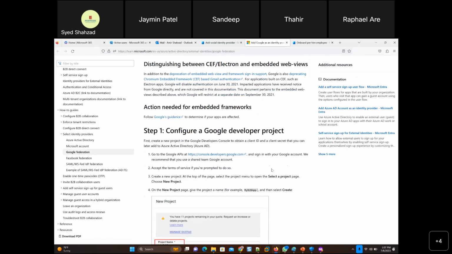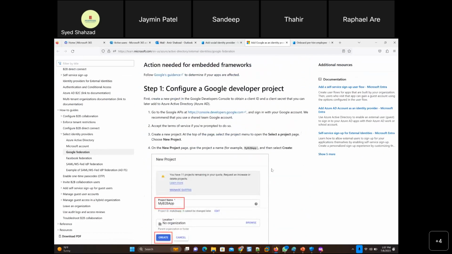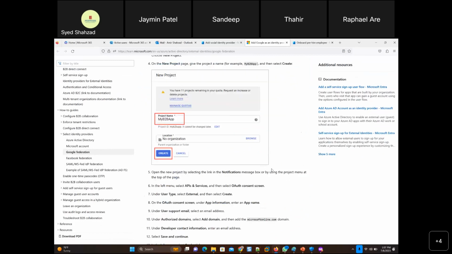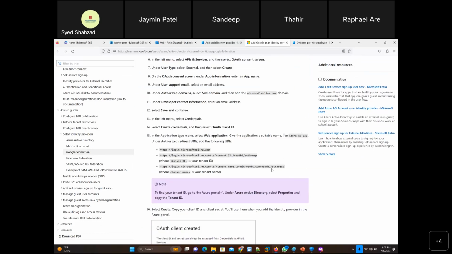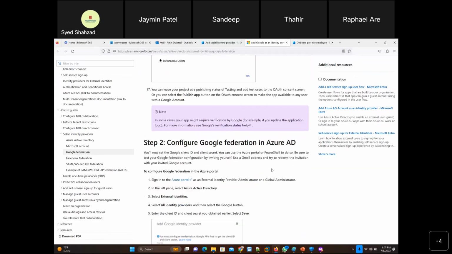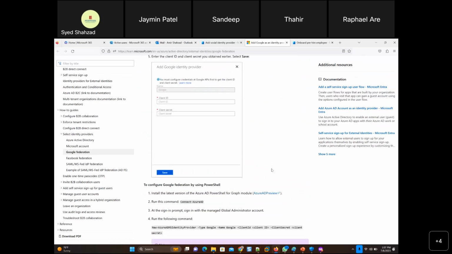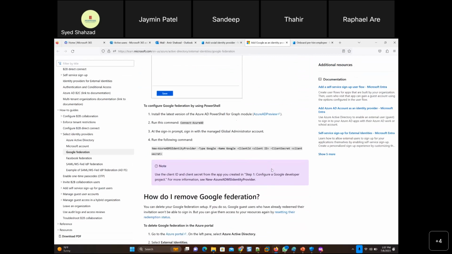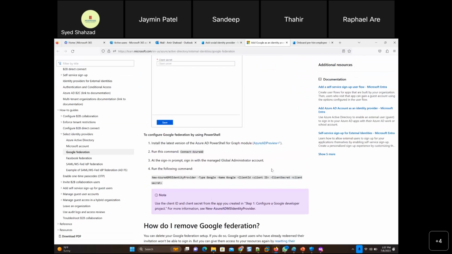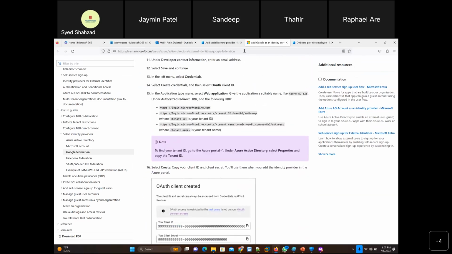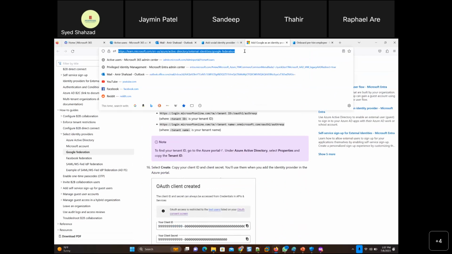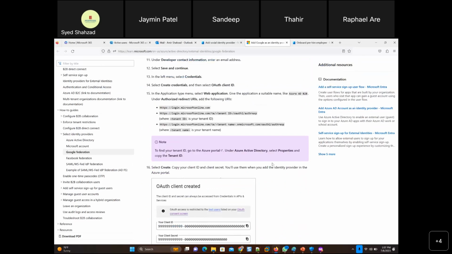Step one, configure Google Developer Project, just like we had gone for Microsoft Developer console. They've given all the steps. Configure Google Federation in Azure AD, and then give client ID and client secret. Okay, it's not very long actually. Wow. I hope the developer edition is free, I guess.